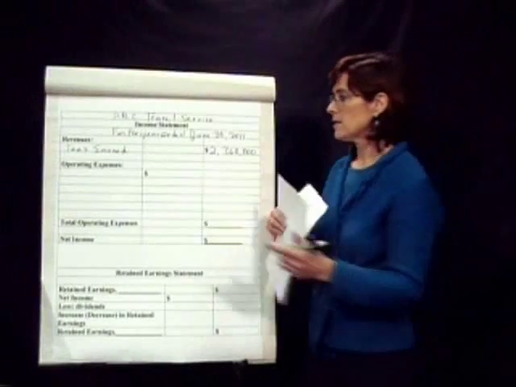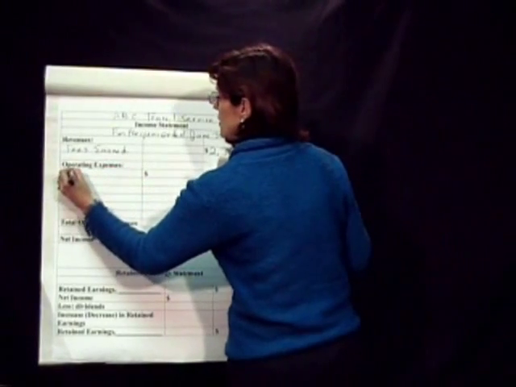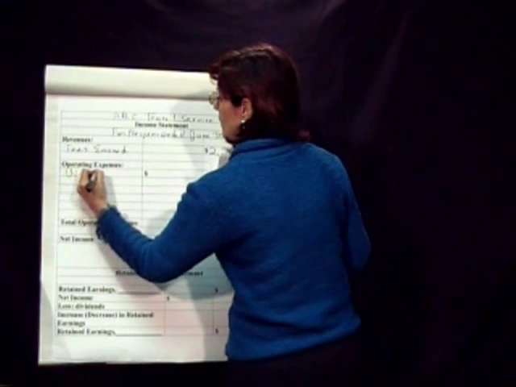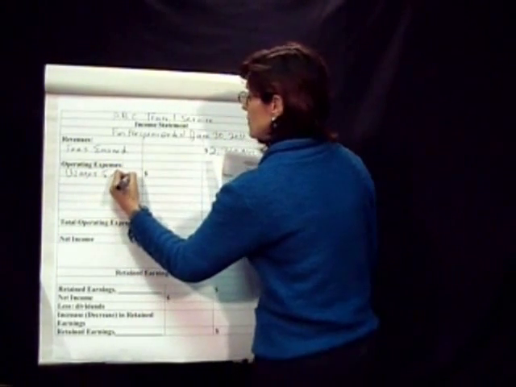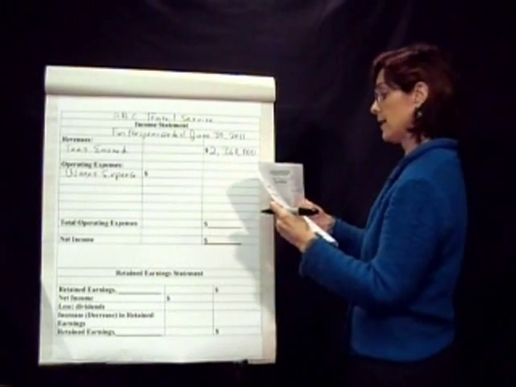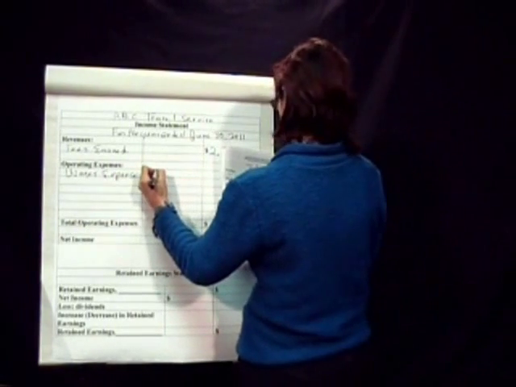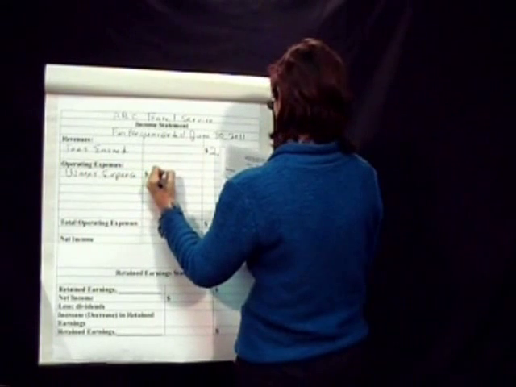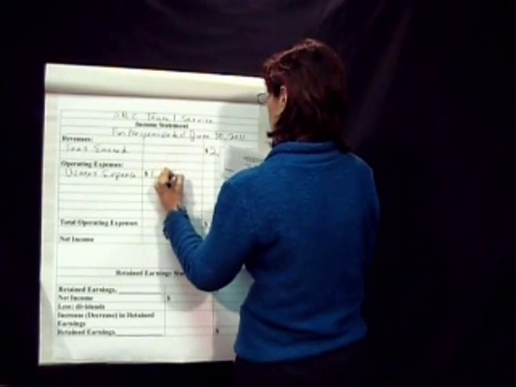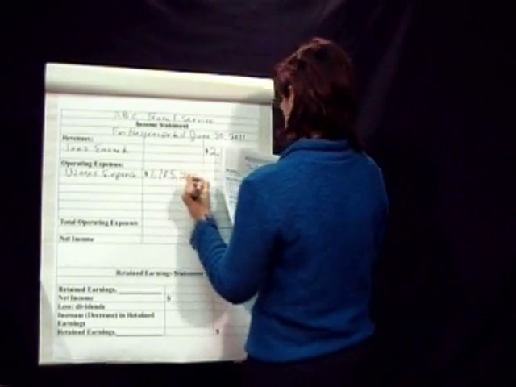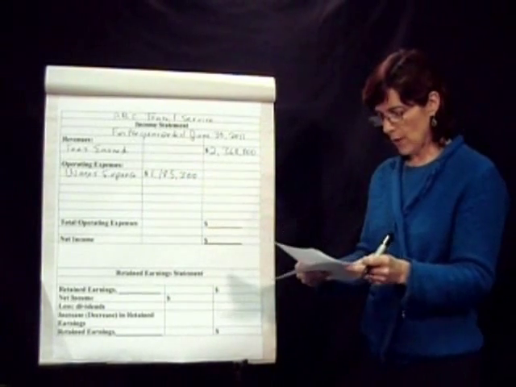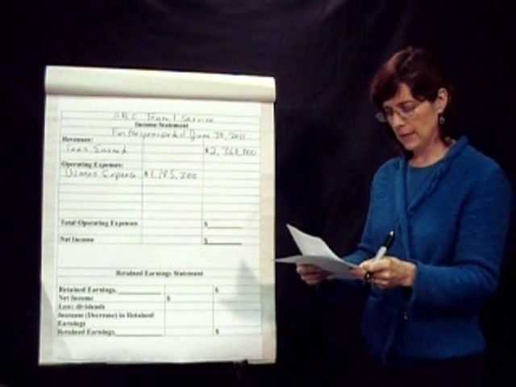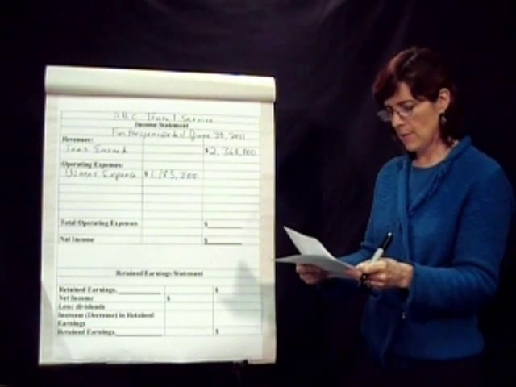And in a service business, that's usually the largest expense. In a merchandising business, it would be the cost of our inventory that we've sold. In a service business, wages expense, $1,185,300. Okay, looking at the rest of our expenses, which one would come